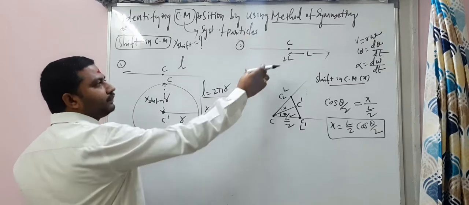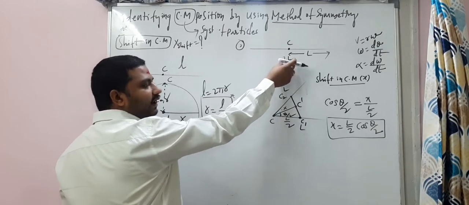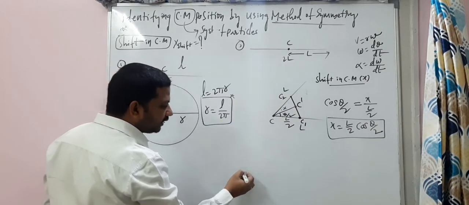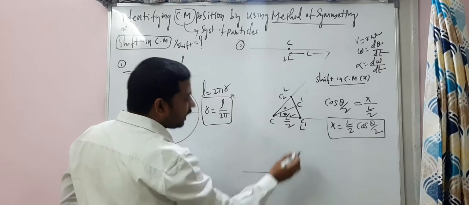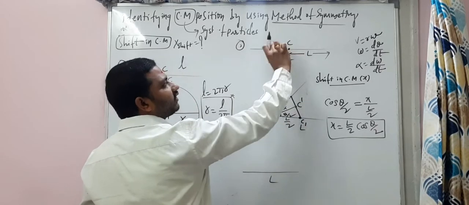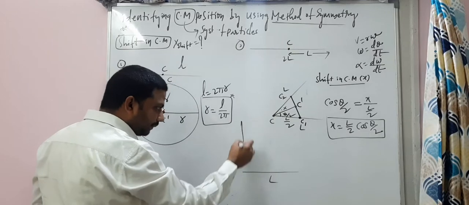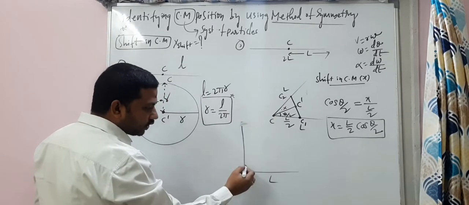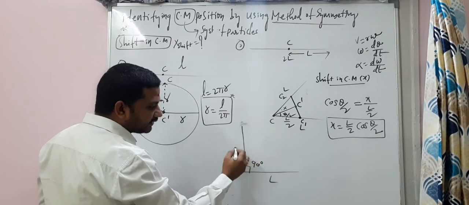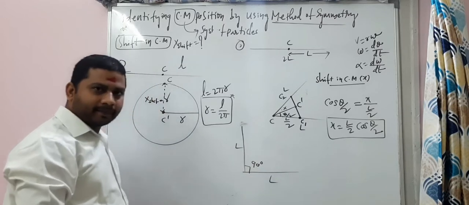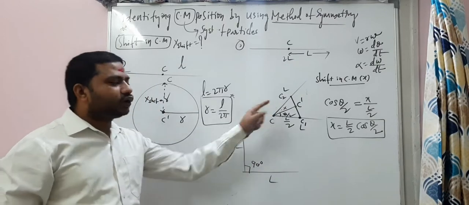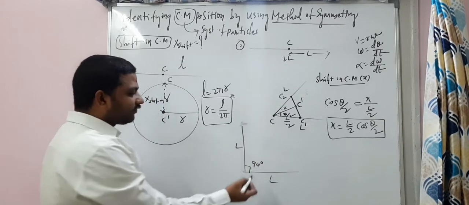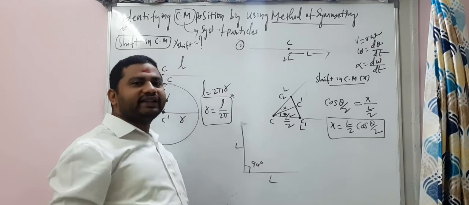For example, this is the wire, and it is bent like this, see. So this is my L, and by holding my finger here, we have bent the other part like this, at an angle of 90 degrees. This is L, this is L. Every time we cannot do it like this, right? So that is why, if you know theta, you can find the X shift.